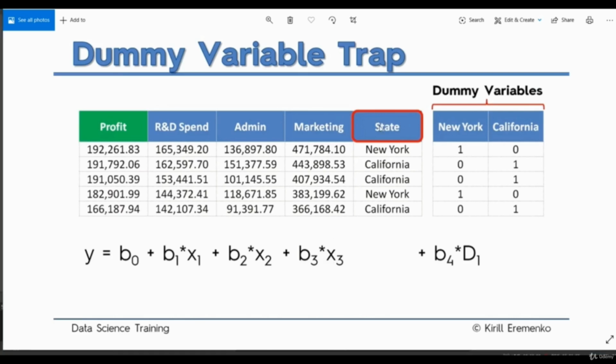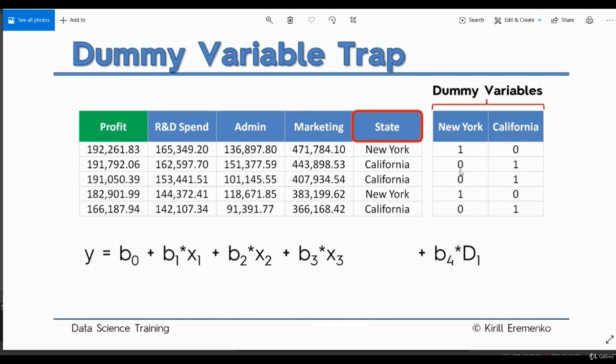For the state, we applied label encoder and then one hot encoding on this variable. As you can see, it converted the state column into New York and California, assigning the value 1 to the New York column and 0 to the other, and 1 to the California column and 0 to the other.